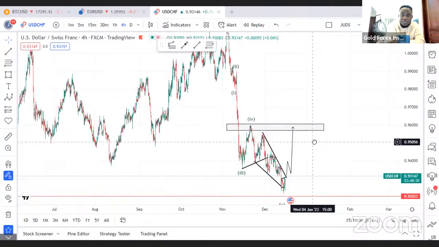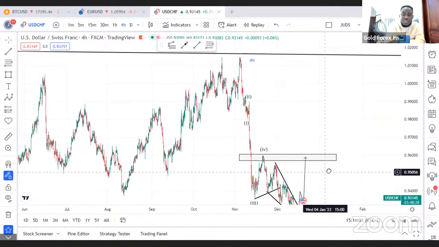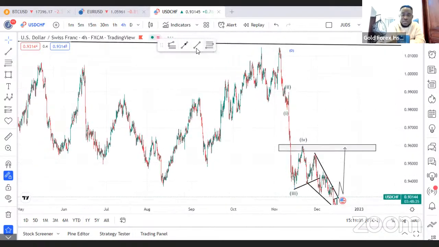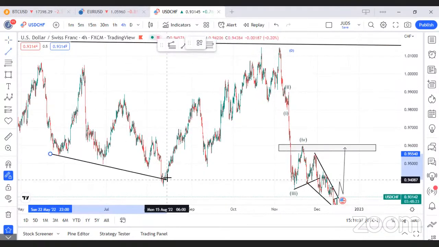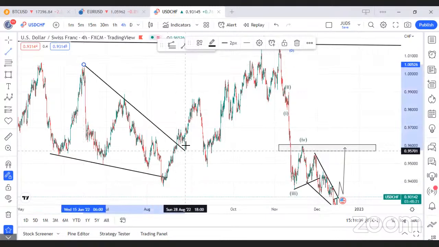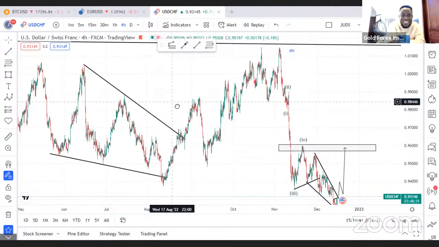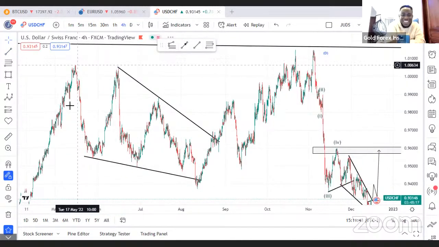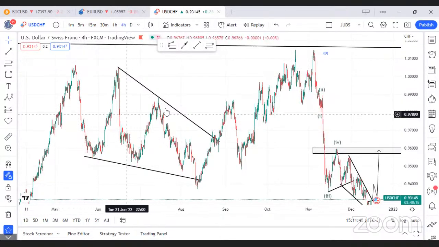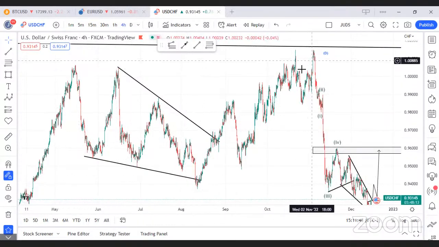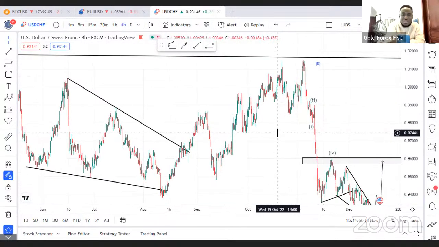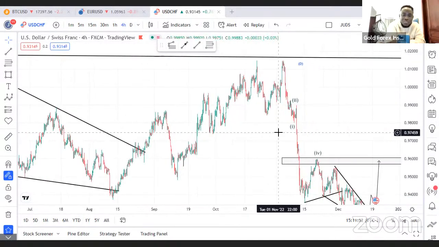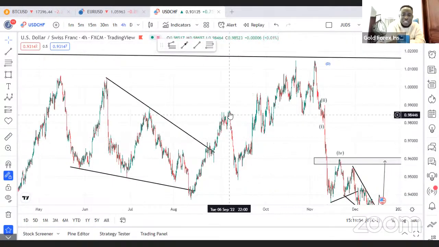Guys, it's crazy. Just practice. If you practice, you train your eyes. You see the structures everywhere. It's a triangle, A, B, C, D, E. Then another impulse. So when the impulse broke it, you see that it gave us a long